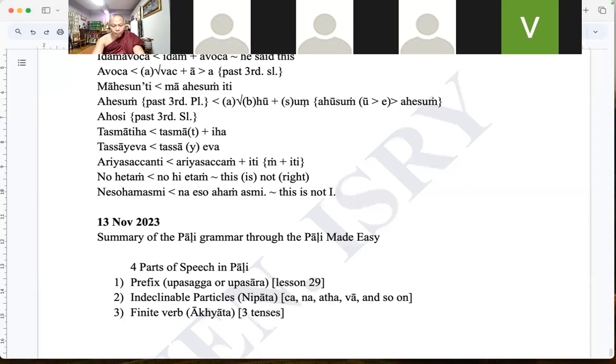Those are present, past, future. And then in Pali Made Easy, 3 modes. Those are imperative, optative, and conditional. So all of them we have also learned